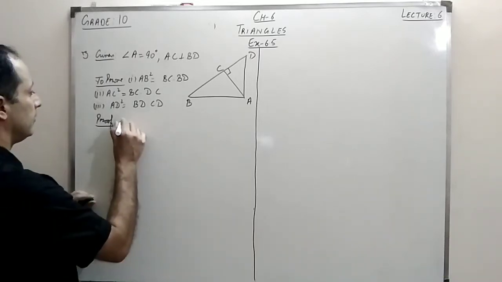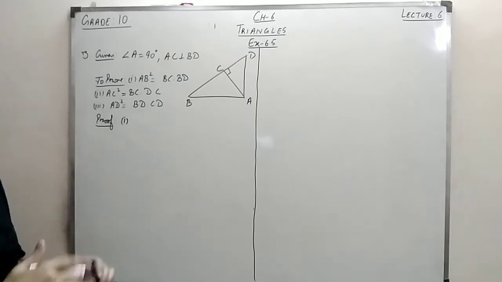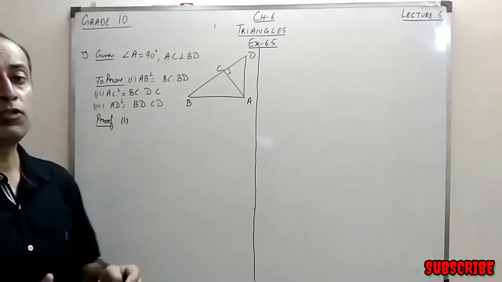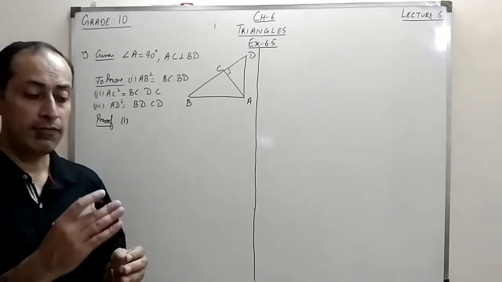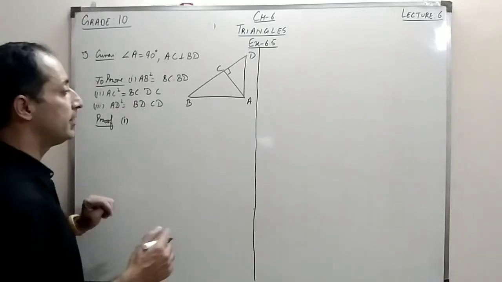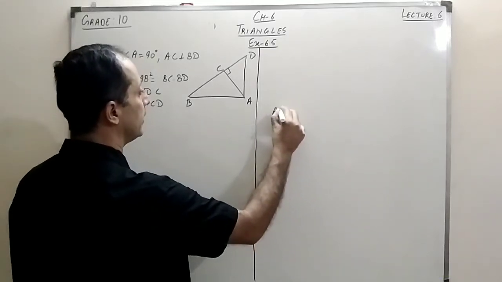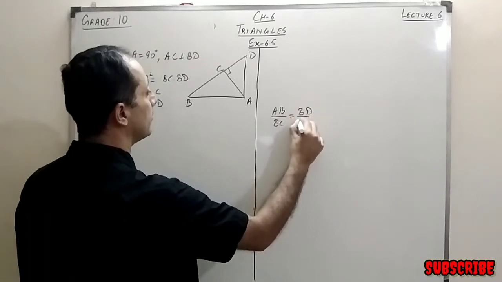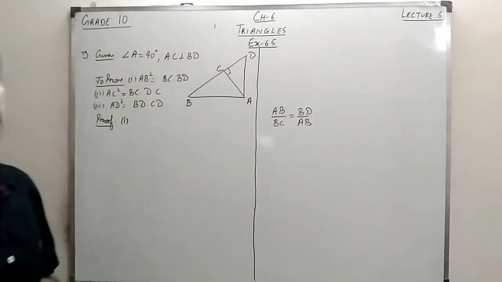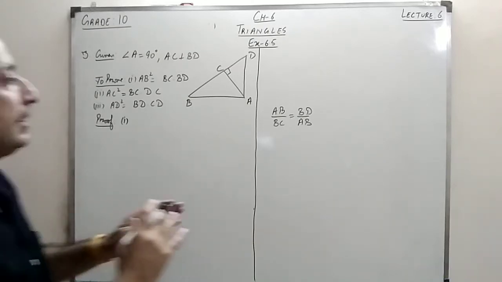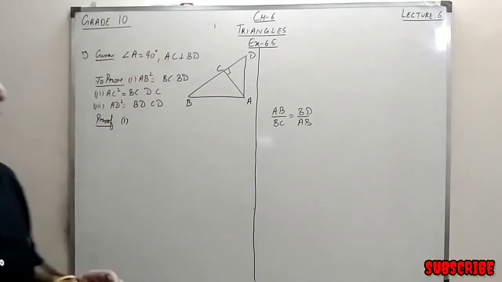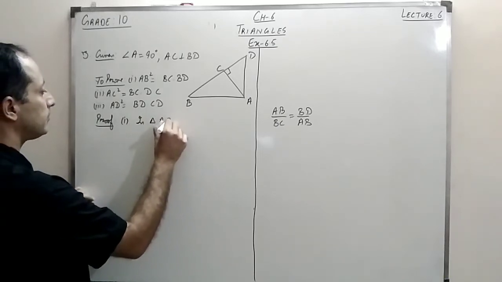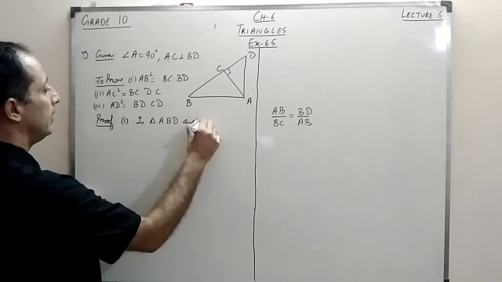So in the first part, see how we will apply the property of similarity and why we have to apply this property of similarity. Because we talk about ratios, and if we say you have to prove this, somewhere I will have to prove this thing, that AB upon BC is equal to BD upon AB. This is the thing I will have to prove. Now, if you see this thing clearly, which triangles I require? I say in triangle ABD and triangle CBA.